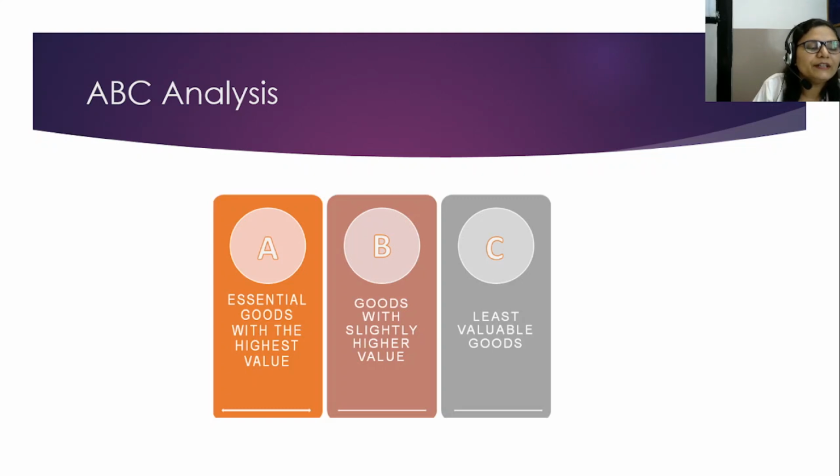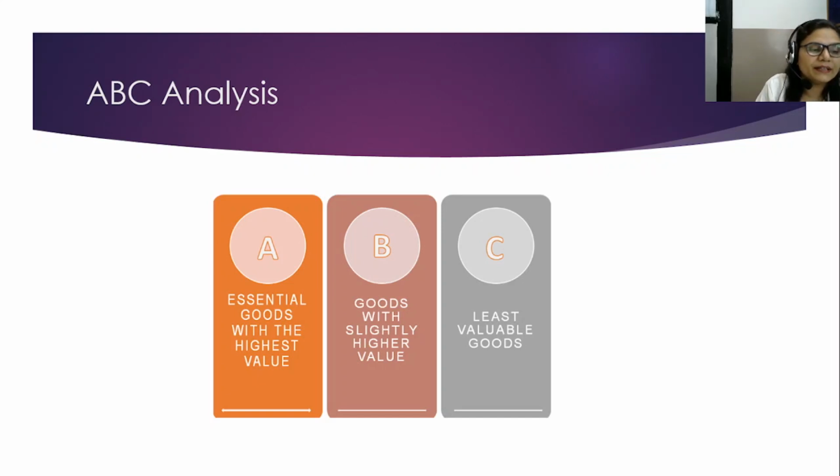Why is there a need for categorizing these items into ABC categories? In the ABC model of inventory, items categorized under A are goods that register the higher value in terms of annual consumption. It is interesting to note that 70 to 80% of the yearly consumption value of companies comes from only about 10 to 20% of the total inventory items. Hence, it is crucial to prioritize these items.